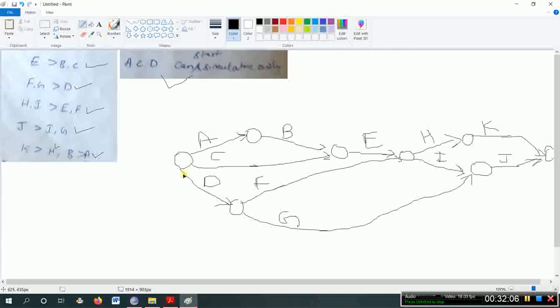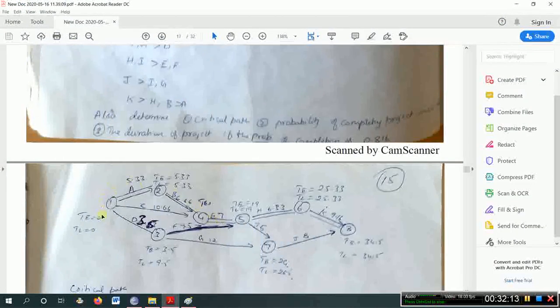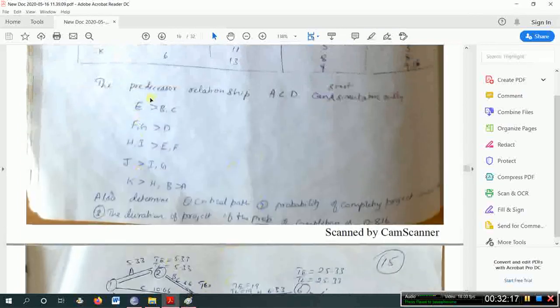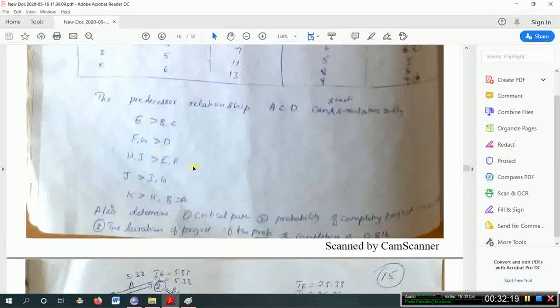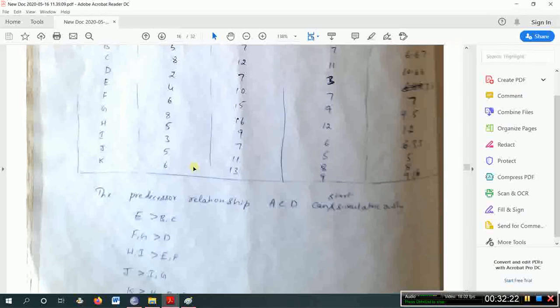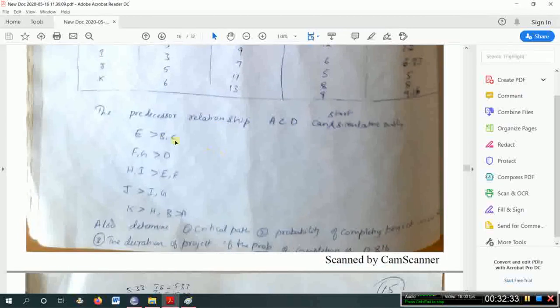Construct roughly first, then you can use scale and pencil to construct a neat network like this. So this is how to construct a network for this type of data. They may give the first thing I explained, 1 to 2, 2 to 3. If they give like that, you can easily construct. And then if they give predecessor and successor, as I explained previously, that will be one type of data, and the lesser than or greater than symbol indicates another type of data.